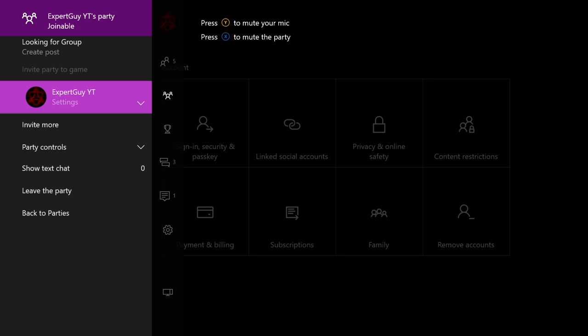Today I will be showing you guys how to fix the party chat block problem, the error you get. I think there are two kinds of issues that give you that error. Either your net is slow or it's blocking something, or it's from privacy and online safety, where your account does not have the privileges to play that party thing. It has been blocked for you, like your account has been set to child or something like that. That is one thing which is a mistake. So I will try to tell you as best as I can how to fix that problem.